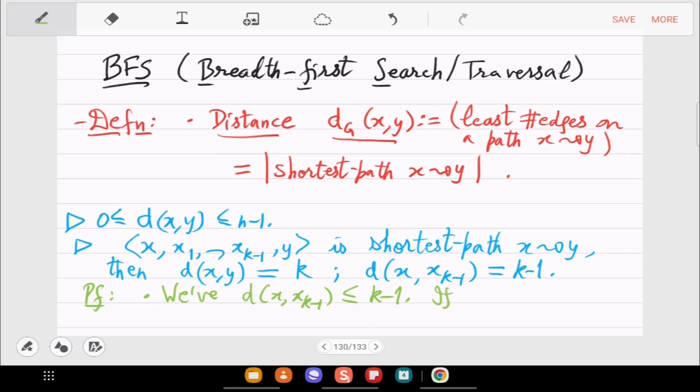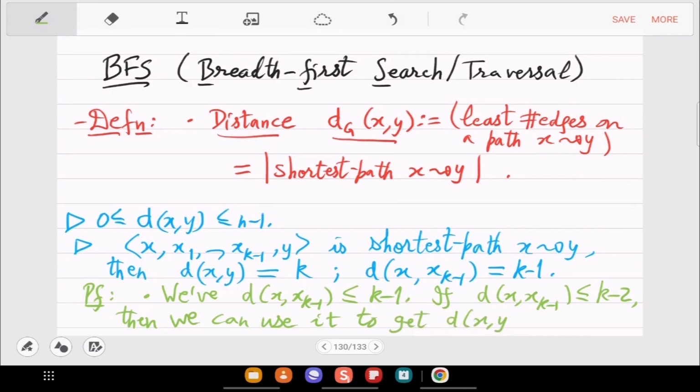Now, if it is shorter, less than or equal to k minus 2, then we can use it to get the distance from x to y to be less than k. In fact, you have this formula.